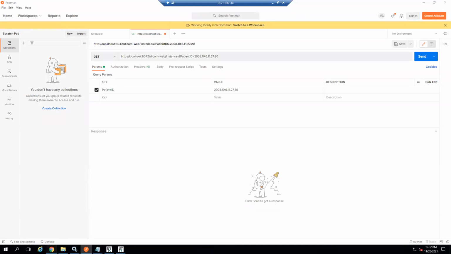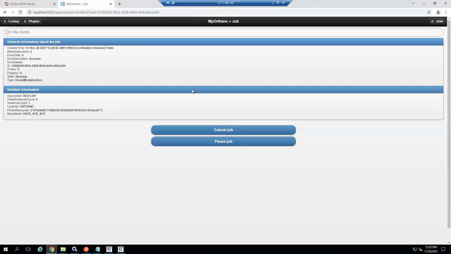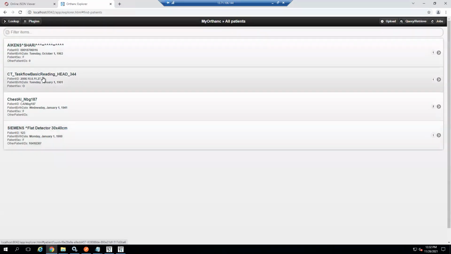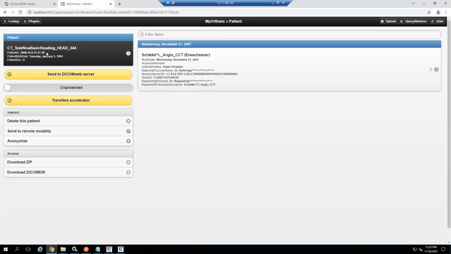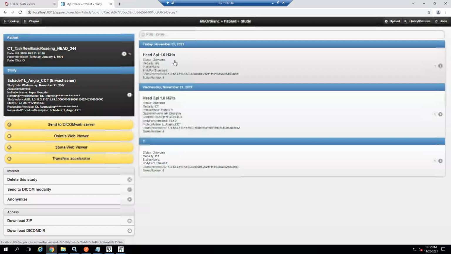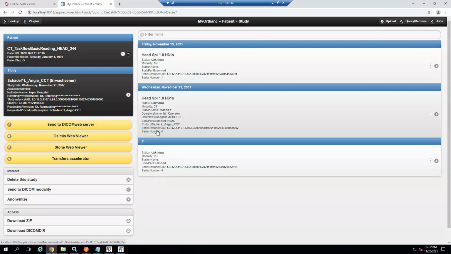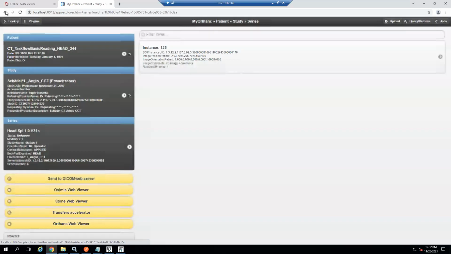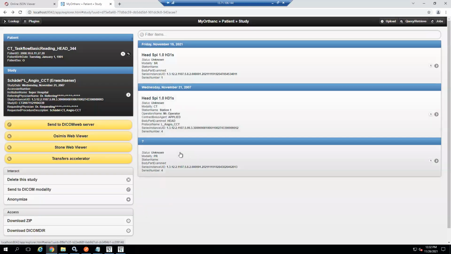First, let's check whether it is the same patient ID. For this patient ID I want to retrieve the related instances. This patient has one study and 3 series, and each series has one instance. We'll see how we get the details in the response.